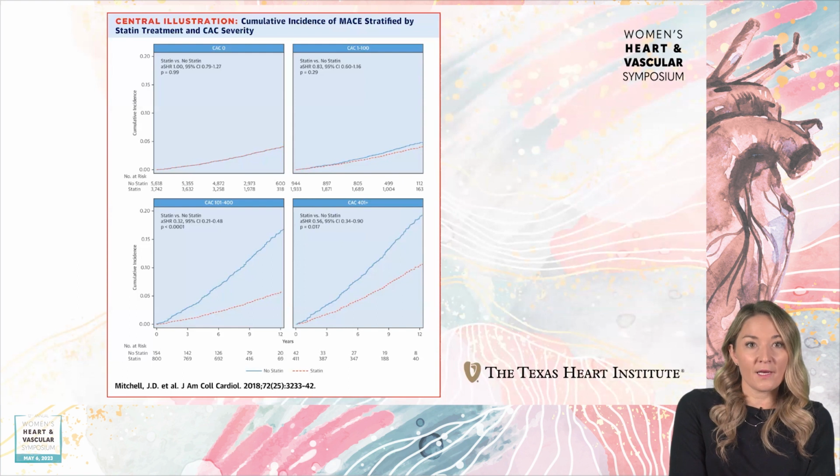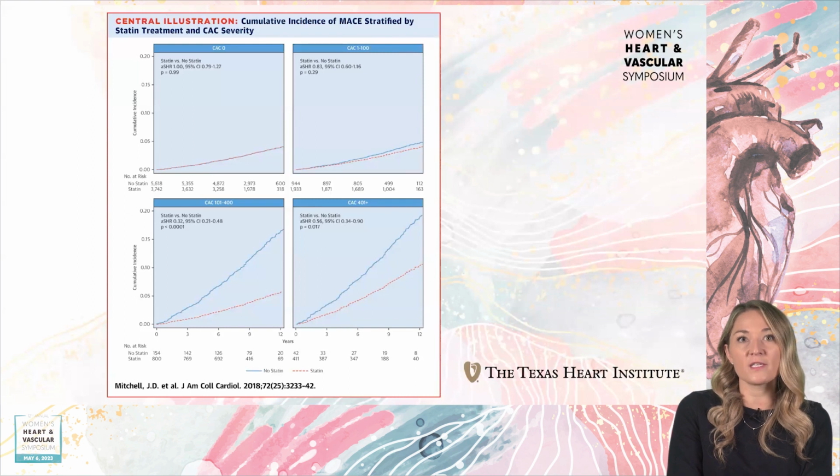And the blue line is patients not treated with statins. So the point of this is, if you're treated with statins, red line, versus not treated with statins, blue line, your lines are significantly divergent, meaning the patients who have calcium or coronary disease and do take statins have very significant lowering of their risk of having major adverse cardiac events. So statin therapy works. Again, if patients can't tolerate it, talk about a different option, but lowering the cholesterol is necessary.